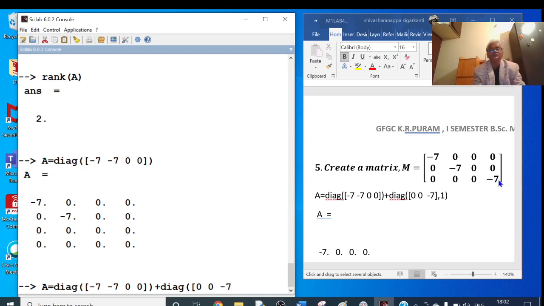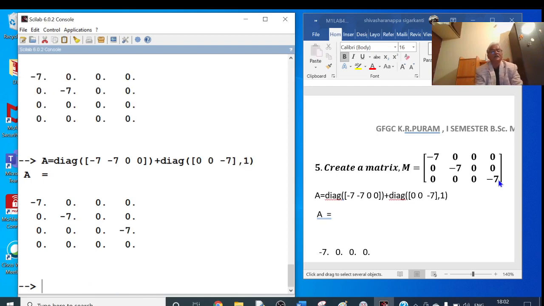I am putting these elements one line above the diagonal, so this creates a 4 by 4 matrix, comma, 1. Bracket close. I'm adding these two. So what I'm getting here is this 4 by 4 matrix. But to create this matrix I need only 3 by 4. That means this is the required matrix here.